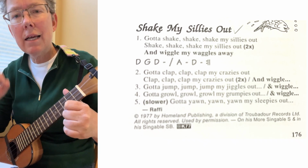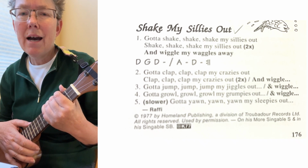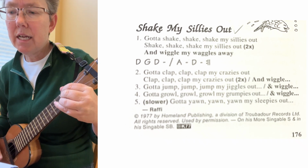Okay, let's try it all the way through and up to speed. And when we do it up to speed, we're also going to add in some up strums to give it a little bit more liveliness. Don't worry about getting it perfect, just play with it. Gotta shake, shake, shake my sillies